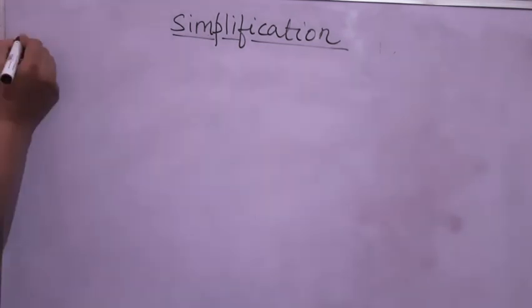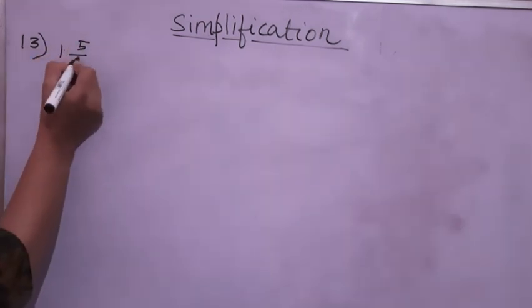So students, I was explaining you the simplification questions from exercise 6A and we have solved till question number 12. In my previous video, I said that question number 12 is your homework, but I have already explained that question. So Sadkirti has asked me, ma'am, please explain the question which you have given as homework. I have already explained question number 12 in the previous video. So Sadkirti, if you want to understand that question, then watch the end of the previous video again, because I have explained it properly there. So we have to start from question number 13. Let's begin without wasting time.